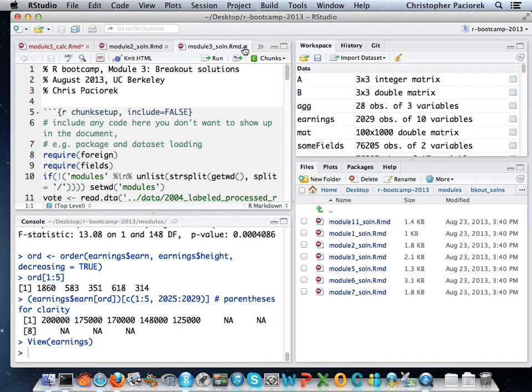I think within is a way of taking, say, a data frame and doing an operation in it and modifying the data frame, and then you basically return the modified data frame that you can then assign. Christina's nodding her head. Good, I'm happy with that. When you say within, you can do some operations on the data frame. The result is a new data frame that gets returned out that you then assign to a new variable.